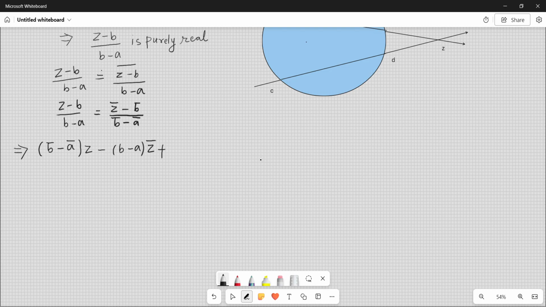I multiplied this Z-bar with this term and then brought it to the left hand side. Now what is going to remain? Minus B into (B-bar minus A-bar), and here minus B-bar into (B minus A). So if you simplify it, you will get nothing but